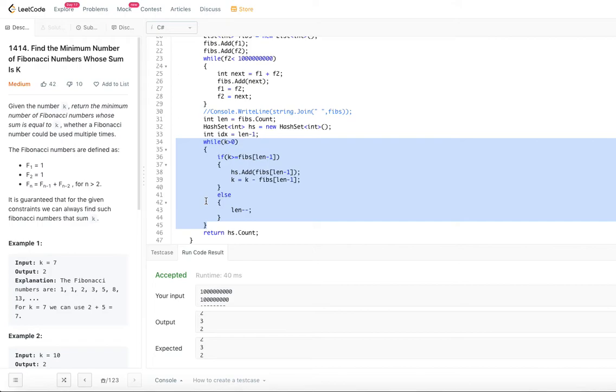But as k grows, for k equal to 2 the time complexity is order of k, that is order of 2 basically. But as k grows, the time complexity for this while loop will come down drastically. Since we are observing k equal to 2 as order of k, we would say the worst case time complexity is order of k.